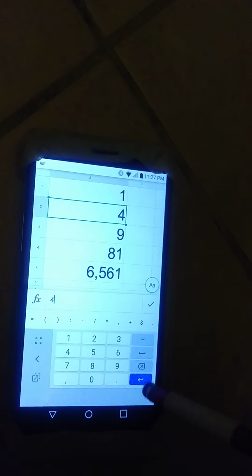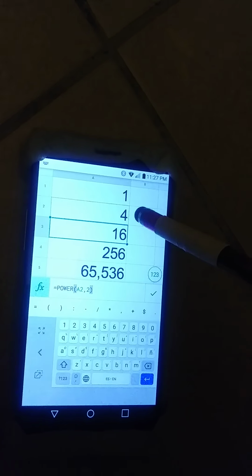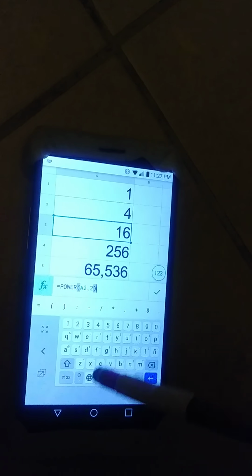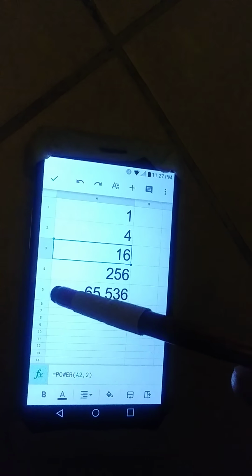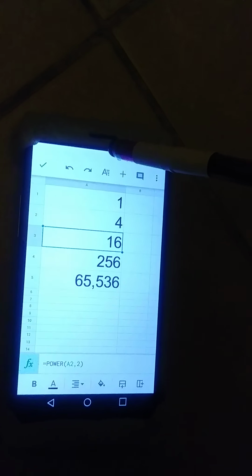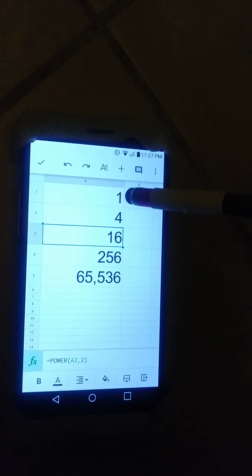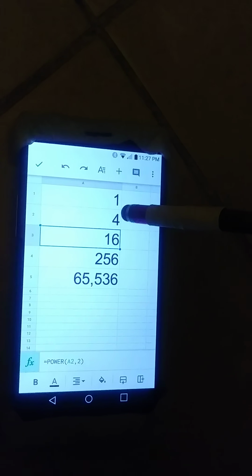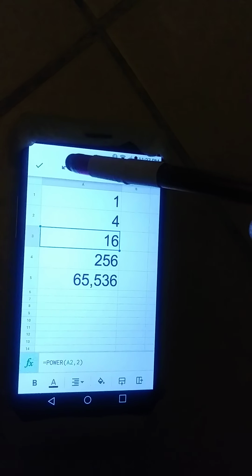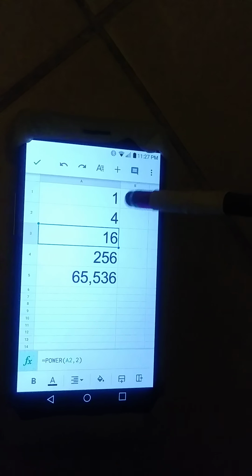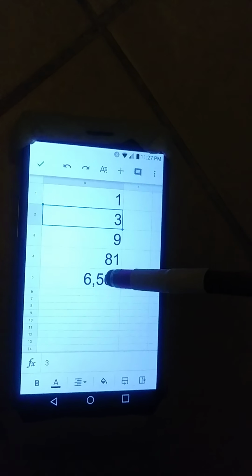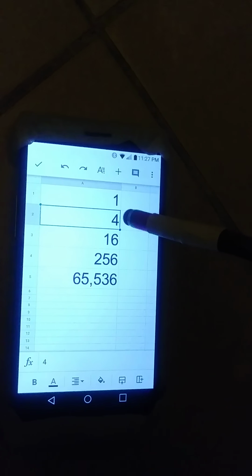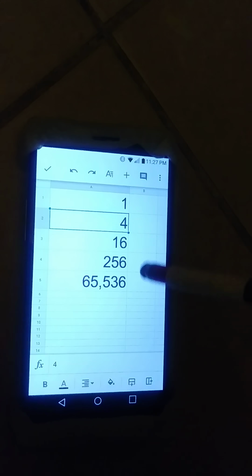3 becomes 4, and now this recalculates. Look at that huge difference. In fact, I think I can go to the 5th row, where I've got 65,000 people contaminated just by getting the transmission rate up to 4 people for every 1 person. Now I'm going to hit the back button. That's with 4, and with 3 it's only 6,500. But it's 65,000 if that number gets up to just 4.